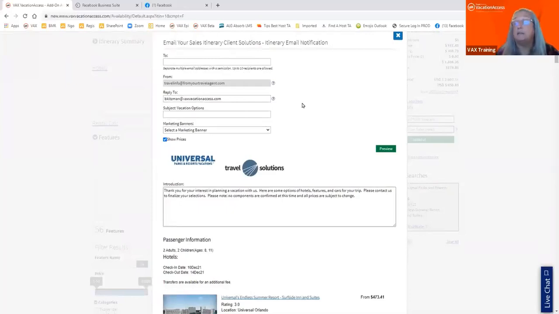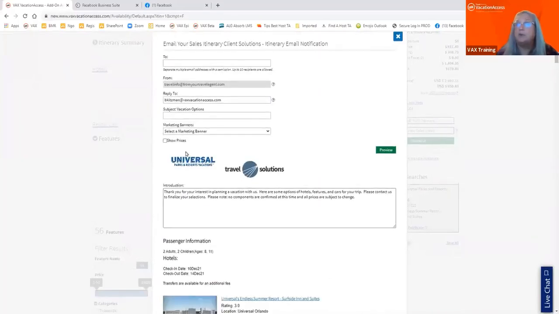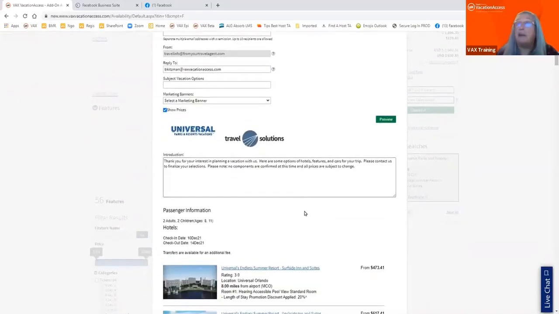Easy to send it to multiple people. It will automatically default to showing prices. If you don't want to show prices, you can uncheck the box and you will see that the prices go away. Totally up to you and depending on what kind of customer you have.